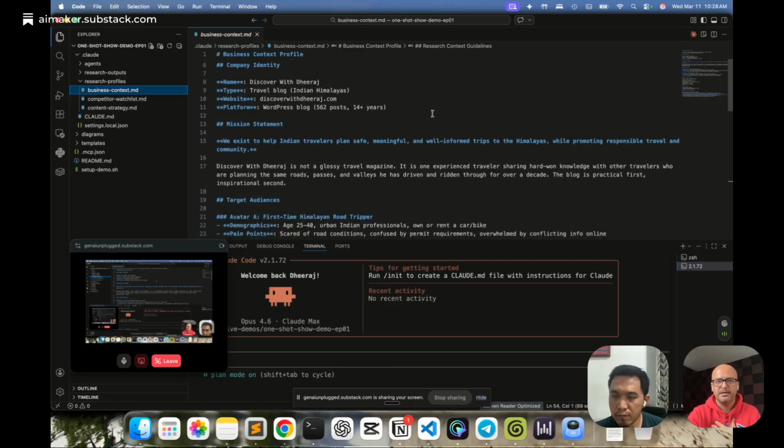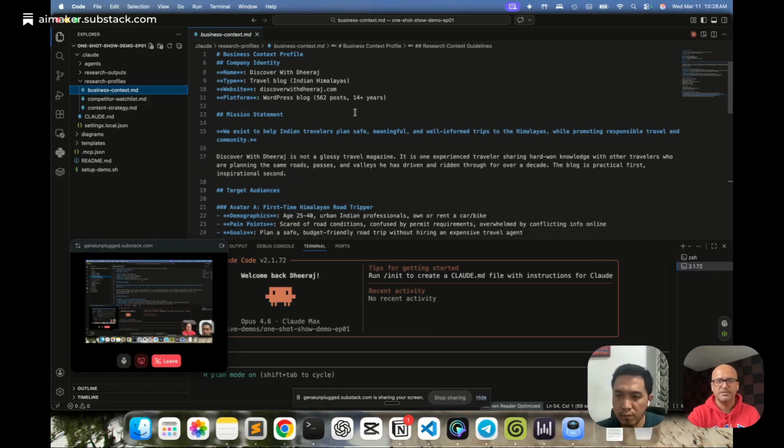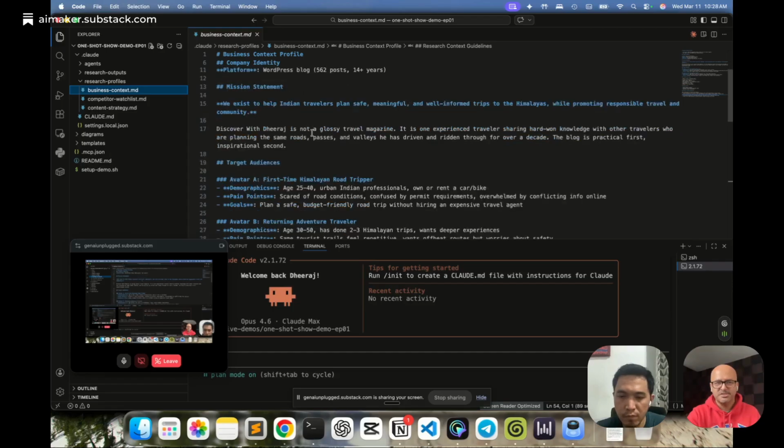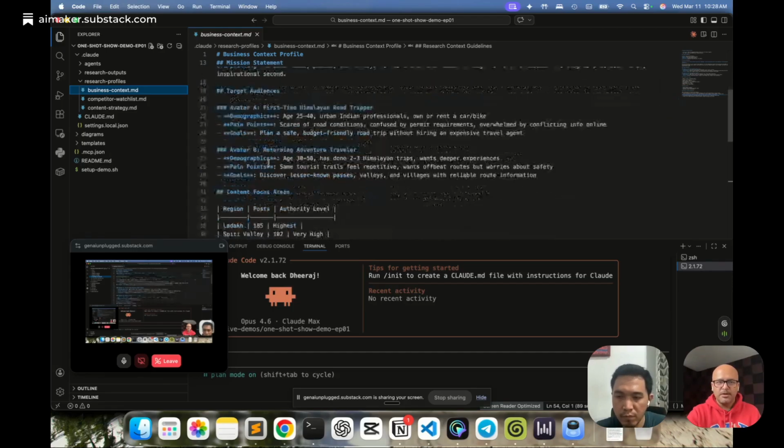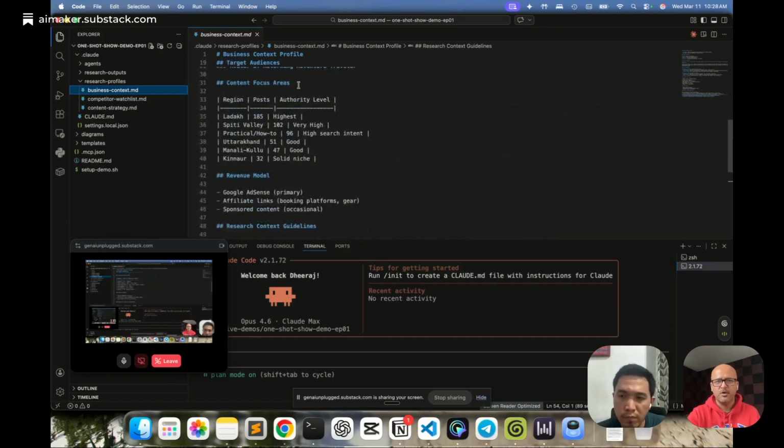At the top, the company identity is there: type, website, platform. I'm using WordPress. There are 562 posts already, 14 plus years old. What is my mission statement? What is my target audience? Avatar A, Avatar B. Then content focus areas, and these are the locations of my content focus areas.